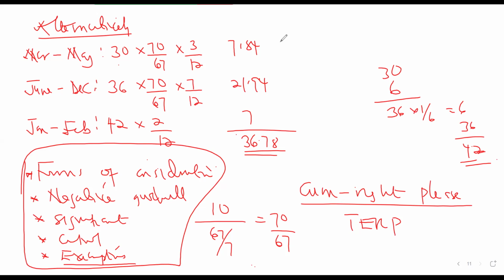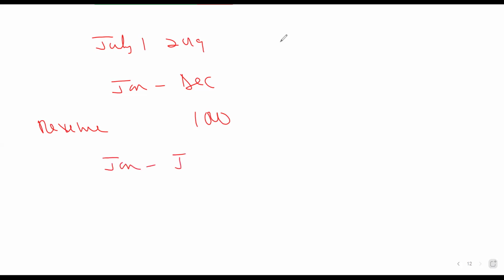Or sometimes they might give you a pre-acquisition statement and also a post-acquisition statement. Let me talk about that one. The acquisition can be done on July 2019, and the reporting date will be 31 December. So what they can do is give you a full year statement of the subsidiary, and they say that the revenue is 1,000. And they can give you an interim statement of profit or loss, where they will give you January to June, and they will say the revenue for the subsidiary for that period was 400. In this case, you cannot apply prorating, okay?